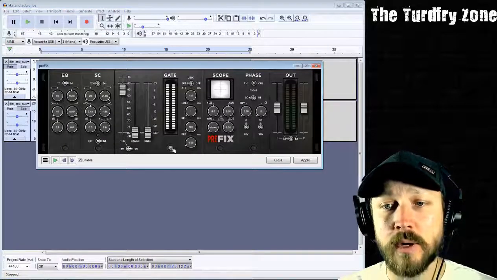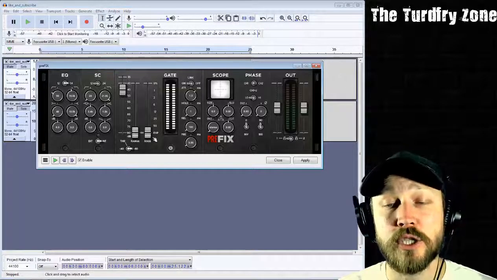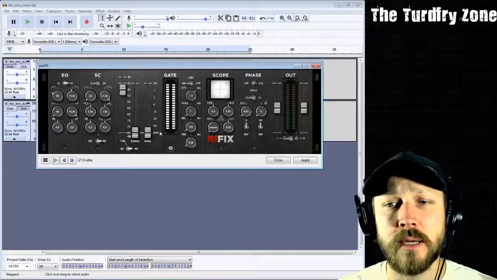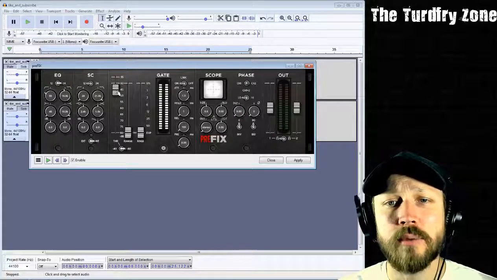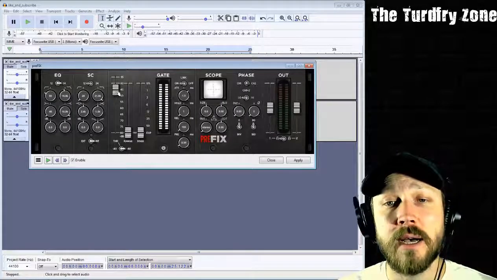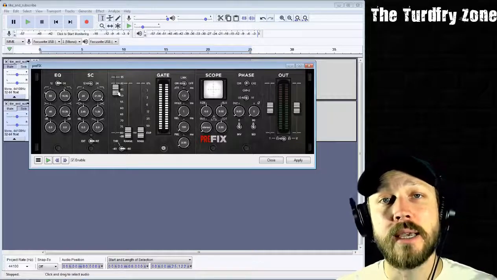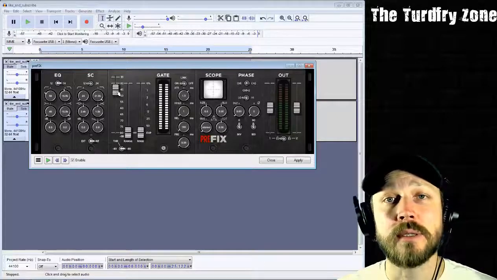We are going to power on the gate or expander section. We've got a few options, a few slider bars, and a few dials here, that I kind of already have tuned in for the work I normally do. We've got threshold, negative 45 decibels is where this expansion or gating is going to start occurring.